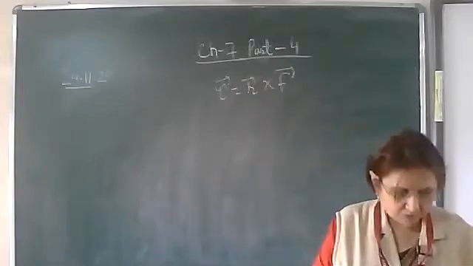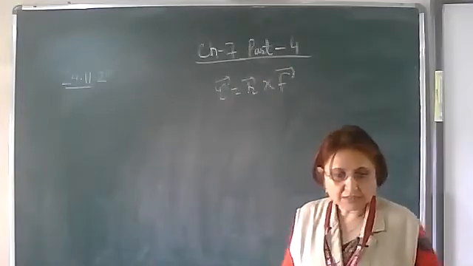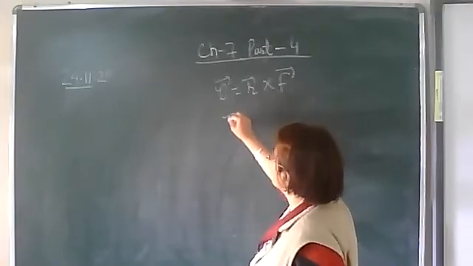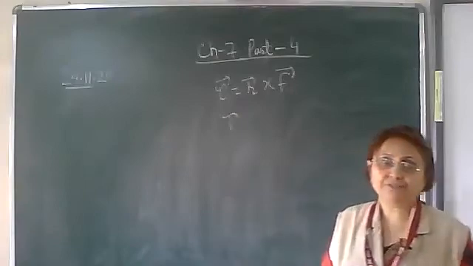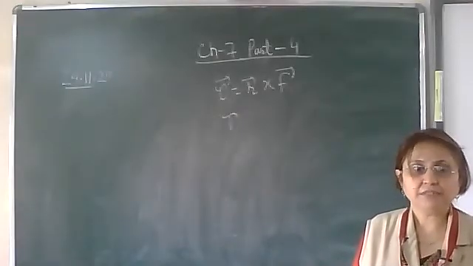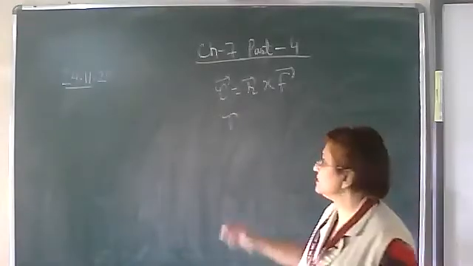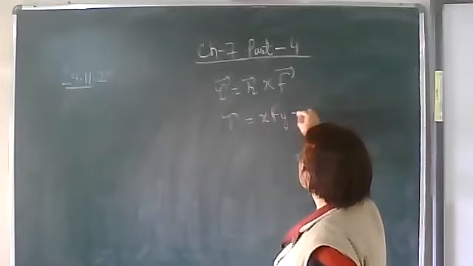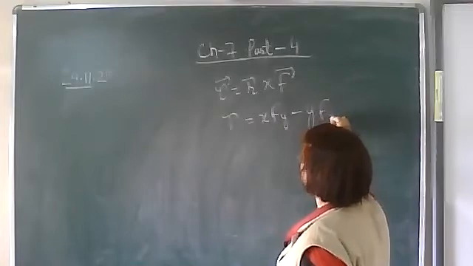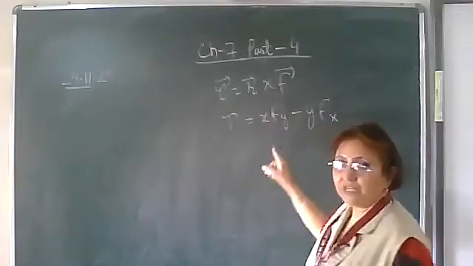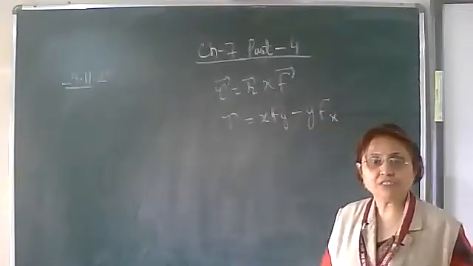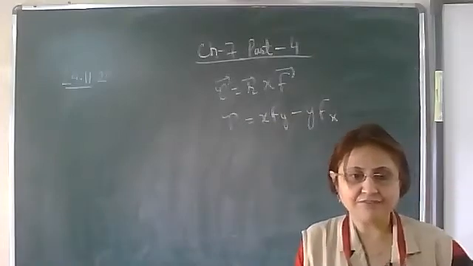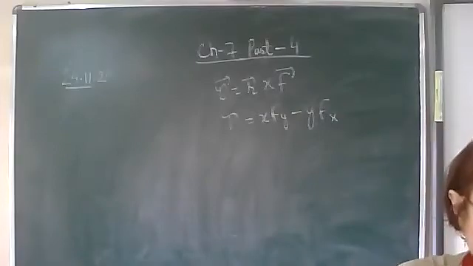In Cartesian coordinates, if r and F are lying in the xy plane, then tau will be along the z axis, and it is equal to x Fy minus y Fx. Okay, r and F are in the xy plane, so tau is along the z axis and equal to x Fy minus y Fx.